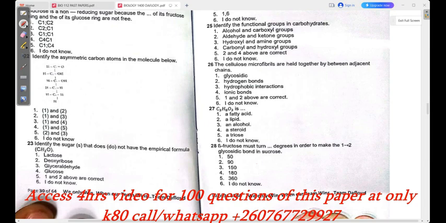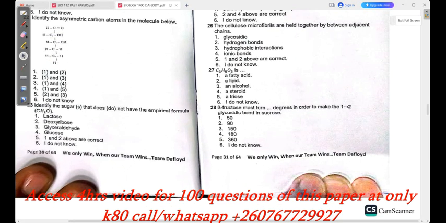26. The cellulose microfibrils are held together between adjacent chains by hydrogen bonds. So the answer is this. Even this is well explained in that topic. So if you want to learn more, you can check out our video on carbohydrates. Then we have